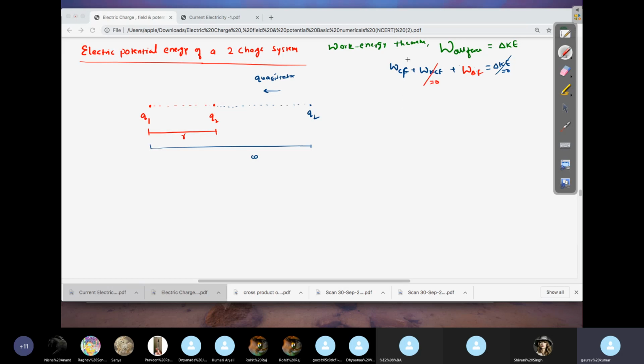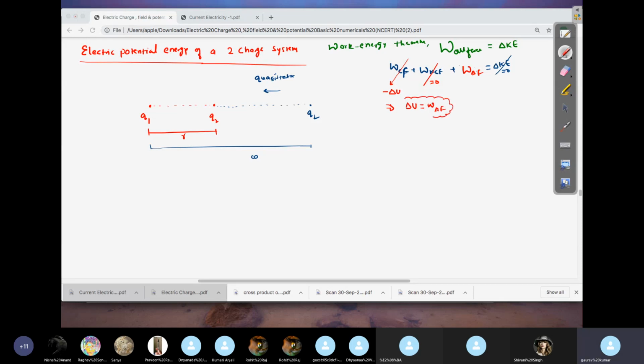And work done by conservative force, electric force, because electric force will continuously act. The moment this charge enters into the field of this, you'll have some electric force. The electric force will do some work, and the agent will also do work against it. Then only it is possible to move it slowly, right? So what will happen? This is nothing but minus of delta U. What will we see from here? Delta U will come out to be work done by applied force